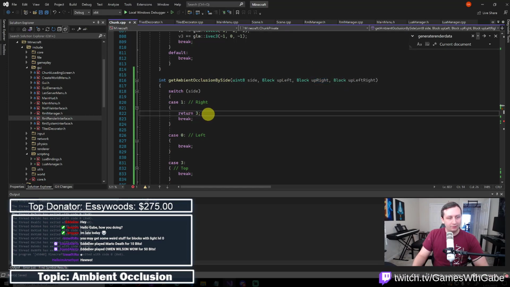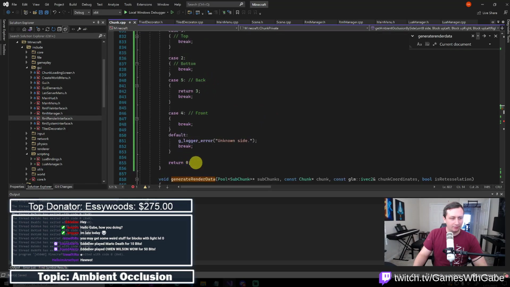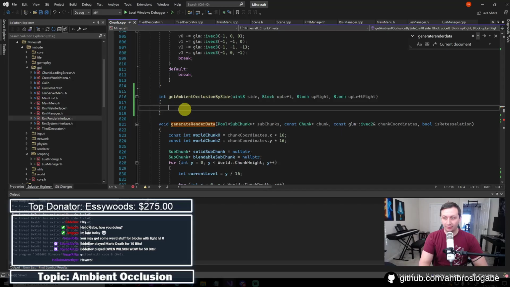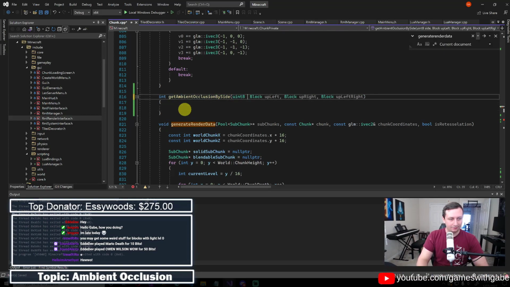And then what we can do is, okay, we don't even need this stuff. We don't need to switch on the sides, because what we can do is, as long as those are the appropriate blocks. So if it was a different vertex, it would be like back, left, right, whatever, right? What we can do is we can say